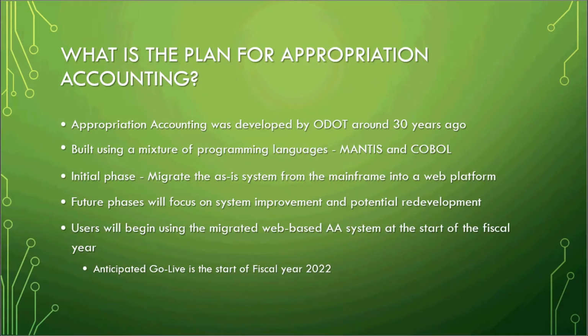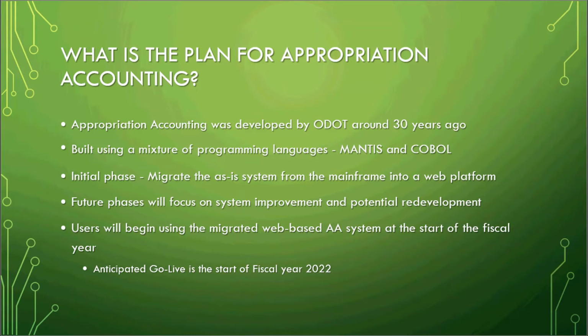So what is the plan for Appropriation Accounting? Appropriation Accounting was developed in-house by ODOT approximately 30 years ago. A lot has changed since the initial launch of AA. The system's longevity and success is impressive considering the system was in service years before most of us had cell phones or flat-screen televisions. Appropriation Accounting was built on the mainframe using Mantis and COBOL programming languages, which were relevant